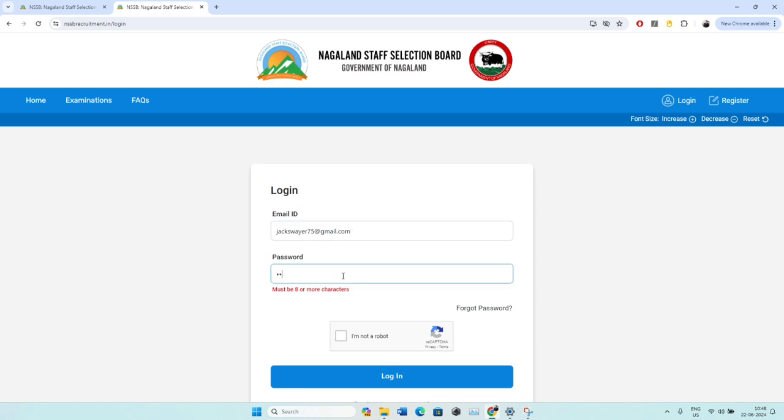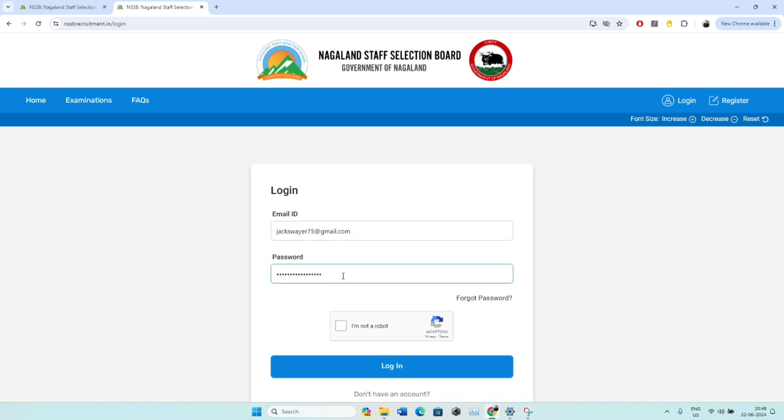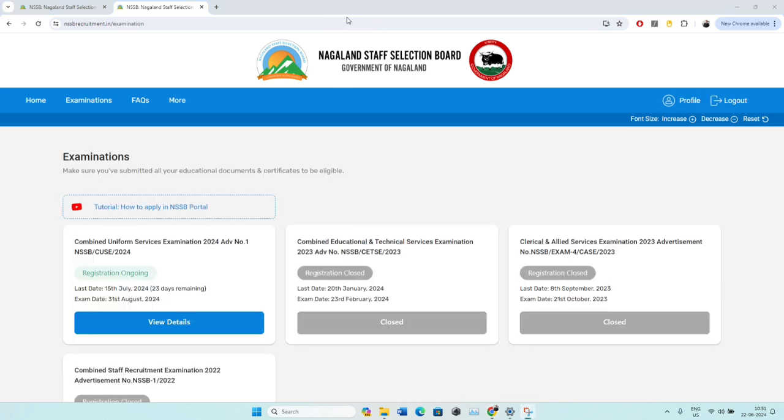And just type your password and click on I am not a robot. Then login. And after logging in, you will be directed to the portal. In the examination portal, you click on it, and you go to view